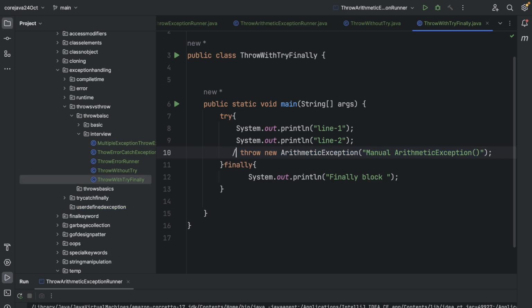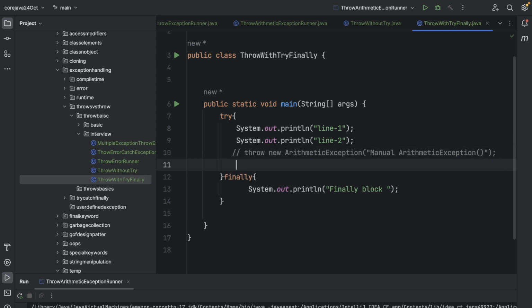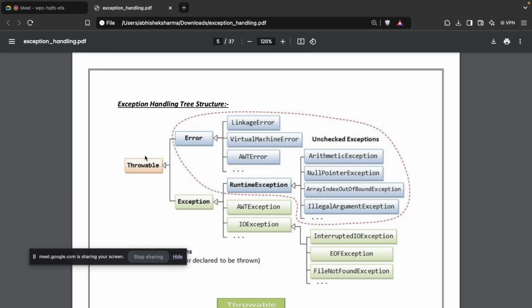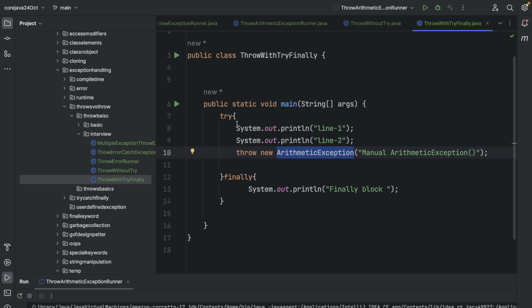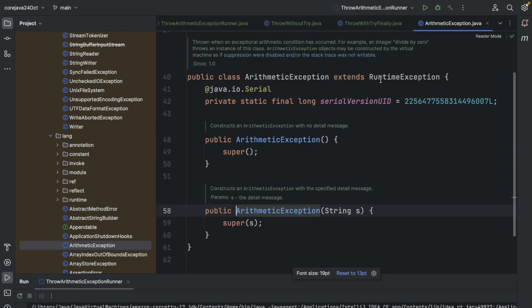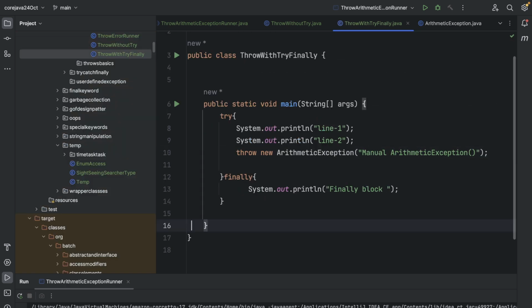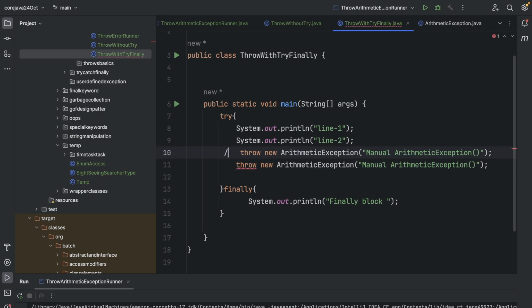Let me just show you this as well. How can we know whether this exception is a runtime or compile time exception? If it's a child class of RuntimeException, then the exception will be a runtime exception, and it's completely fine, it can work. Let's check if ArithmeticException is a child class of RuntimeException, and yes, it is, so it will execute properly. But what if instead of this,